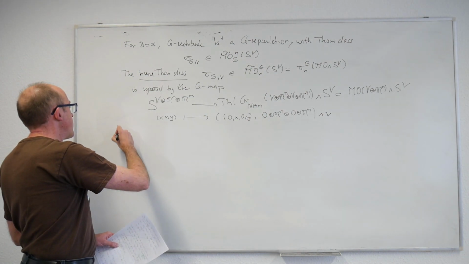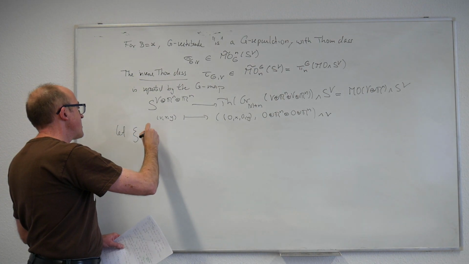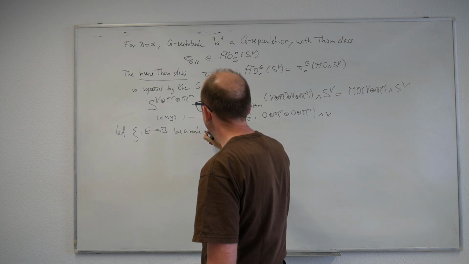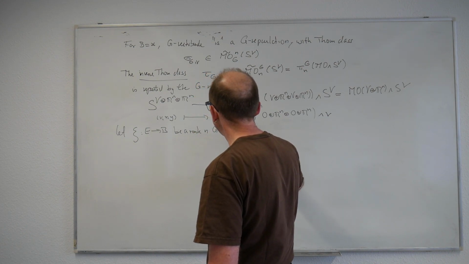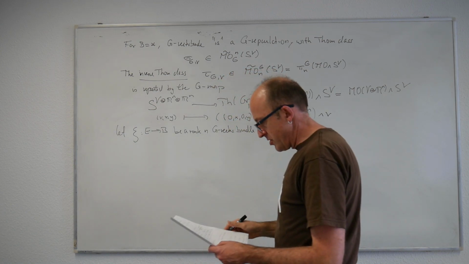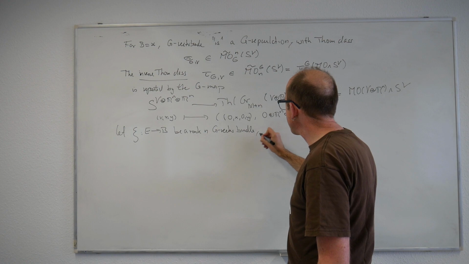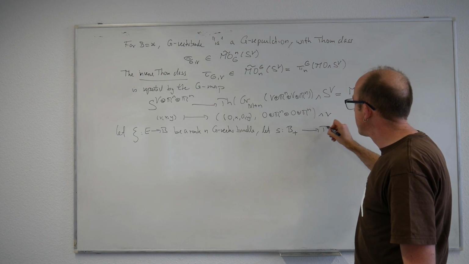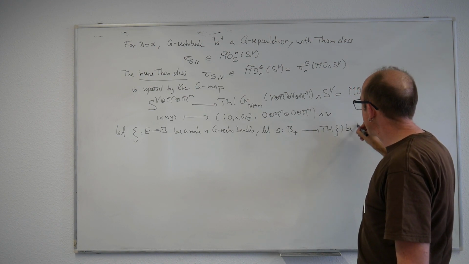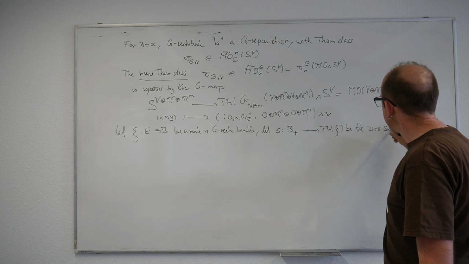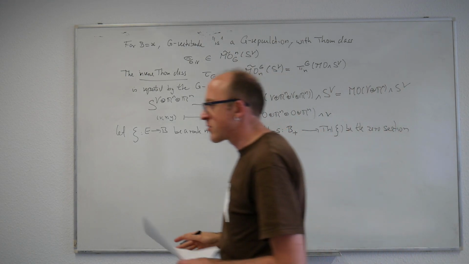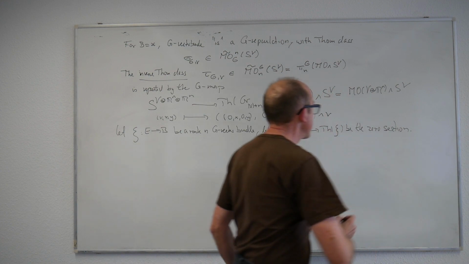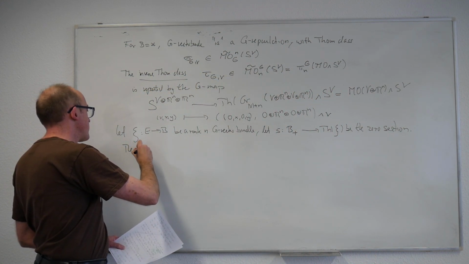So we have a vector bundle as before, xi from E to B, a rank n G-vector bundle. As before, B is a compact G-space. Then we have the zero section of the Thom space, let s from B_+, to make it a based map, to this Thom space of xi be the zero section, sending a point in the base to the point 0 in the fiber over it. That's a G-equivariant based map. And then the Euler class is just a restriction of the Thom class along the zero section.